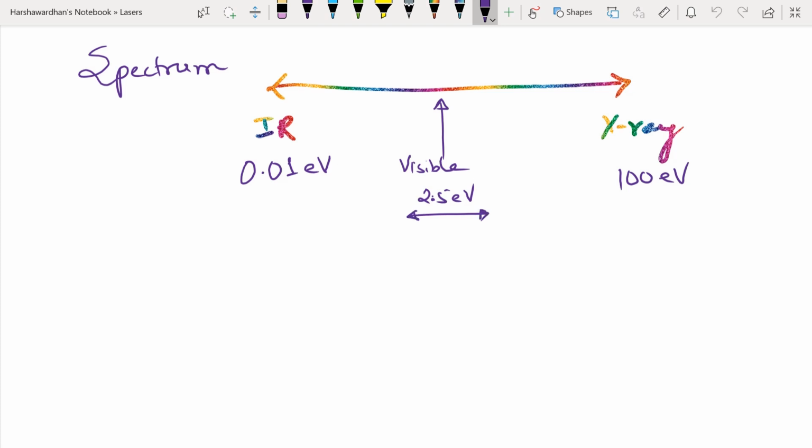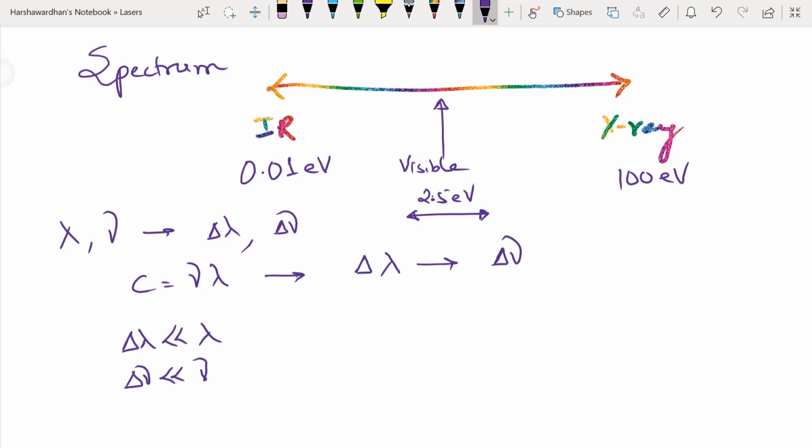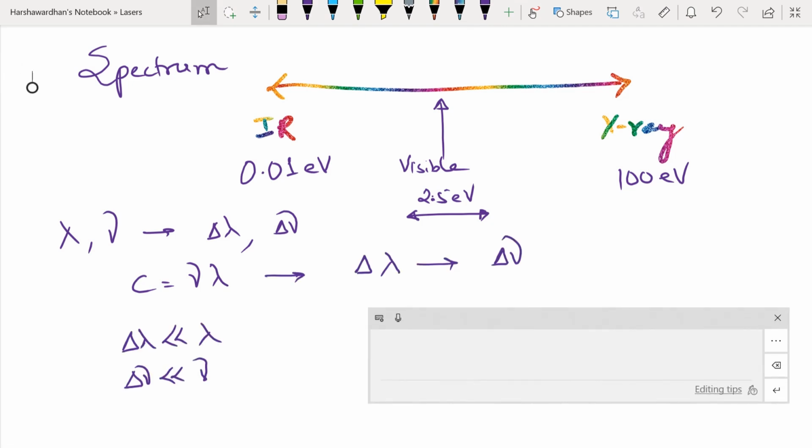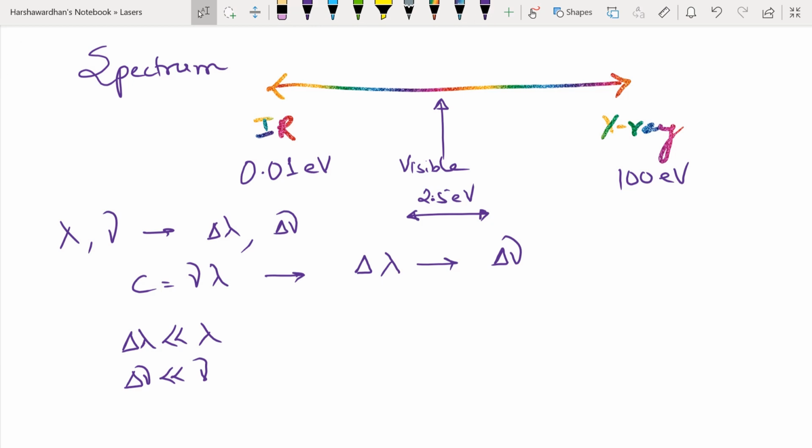We should be able to quickly convert between wavelength and frequency, between bandwidths in nanometers, let's say, to bandwidths in hertz. So these are the kind of conversions we should know. As you know, the wavelength and the frequency get related through the speed at which the electromagnetic radiation is propagating. So what we have is c = nu times lambda. If you want to convert delta lambda to delta nu, all that one needs to do is to rewrite this equation in the differential form. That is, I can write nu as c over lambda,